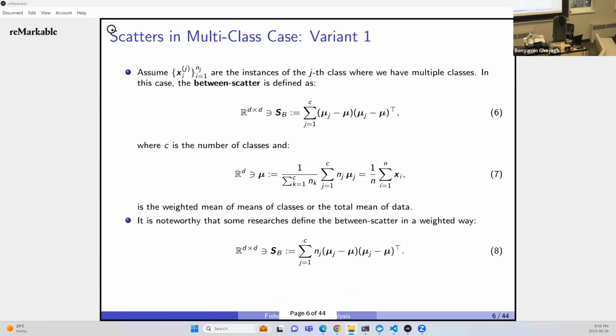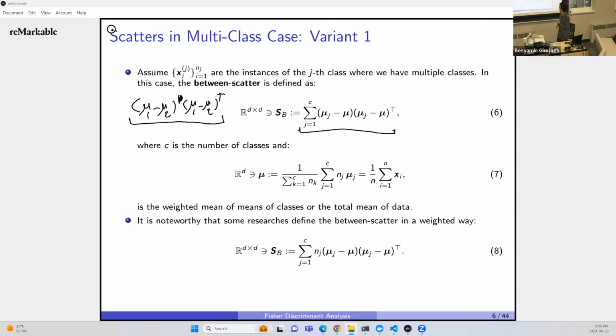Now, I have C classes rather than 2 classes, so I can write it as this. What is the difference between this and the previous one? When I had only 2 classes, I wrote it as mu1 minus mu2 times mu1 minus mu2 transpose. But when I have C classes, rather than calculating this quantity between every pair of the classes, because its time complexity is not very interesting,